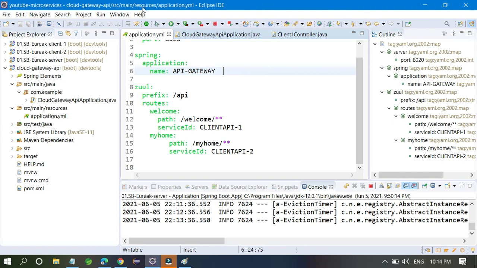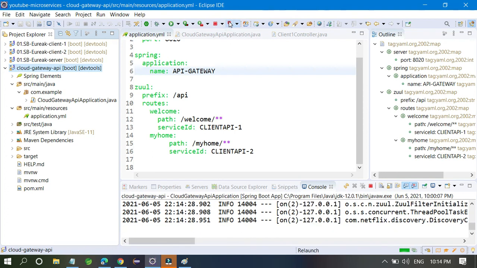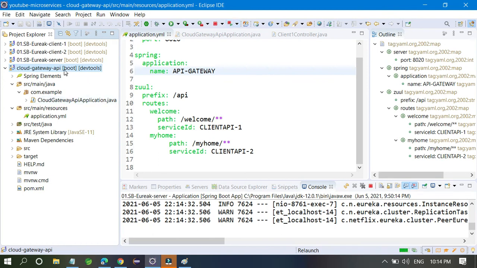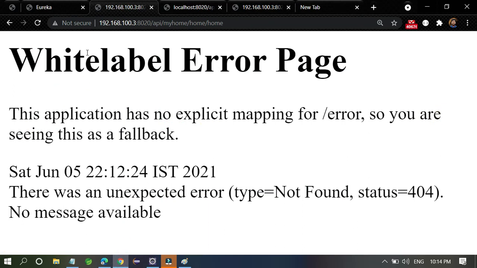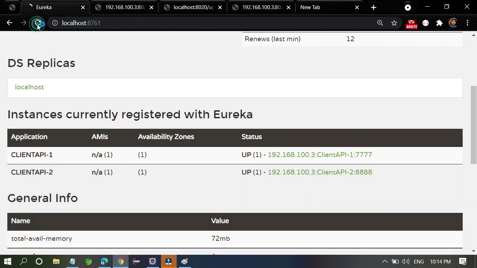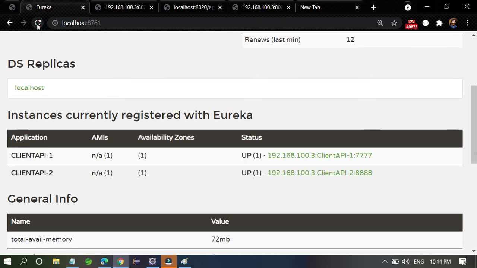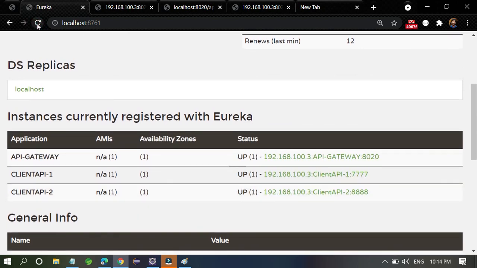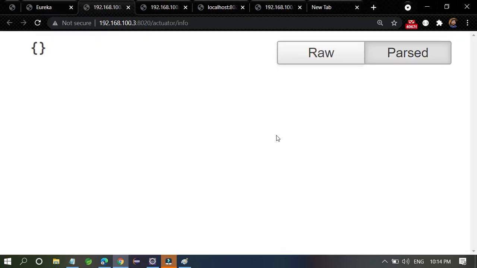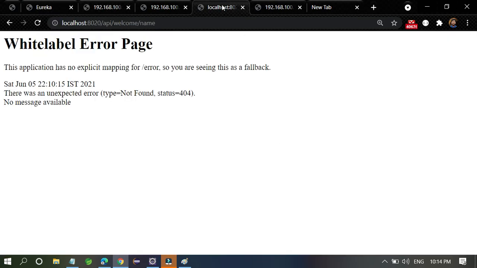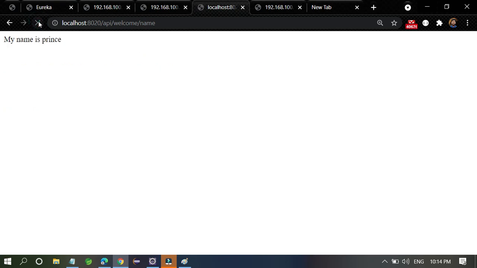Okay, I will do one thing. I will just refresh our API gateway. Maybe it will work. Okay, just refresh this one. Okay, API gateway will come. Go to this place, refresh this one.